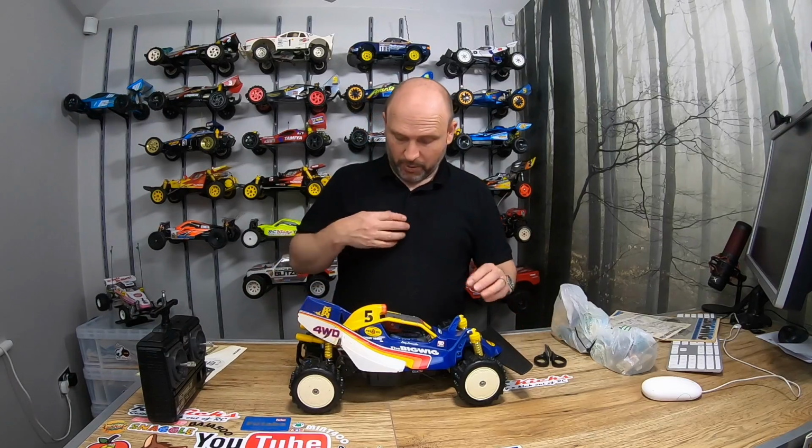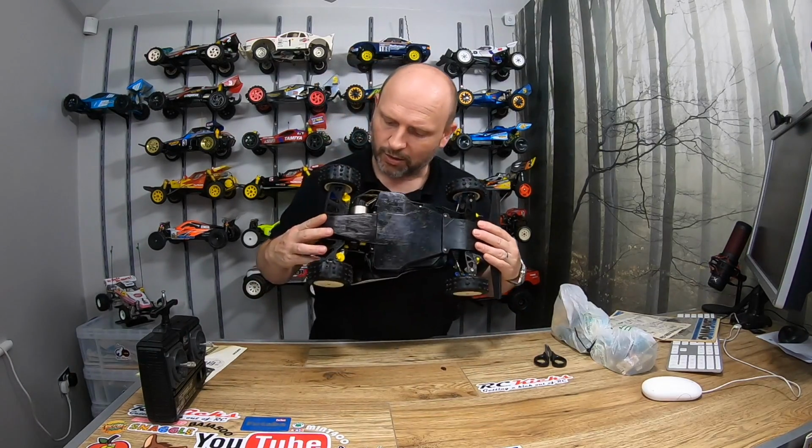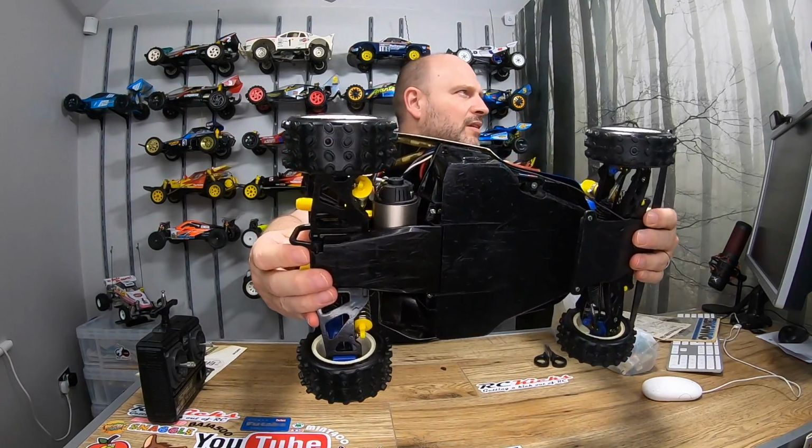Now, why did I buy one of these? Well, to be quite honest with you, I don't know if I like the Bigwig or not. I think the Bigwig's a bit of a Marmite car. It's one of those cars you really like or you don't like. And from the outset, all the way back in the day when I was into RC cars, I didn't really like it. I wasn't that keen on it. It's kind of grown on me a little bit, but the real reason that I bought this sounds a bit crazy, but it's actually got a mint condition